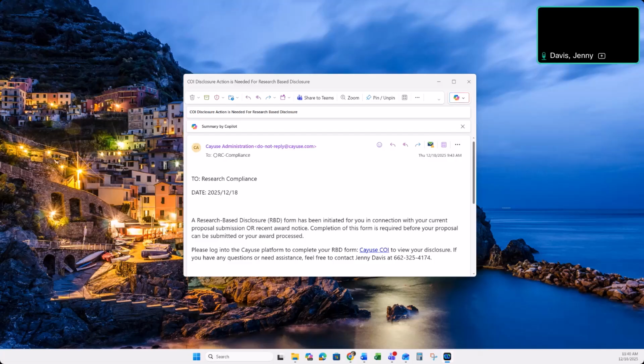We will begin with the email notification that you would receive as a key investigator on either a proposal or an award that has been routed for review. So here you can see this is the email that gets sent to a key investigator on a project that tells them that they have a research-based disclosure that they need to complete. And here is the link that you would click on to go to that research-based disclosure. So if you click on it,